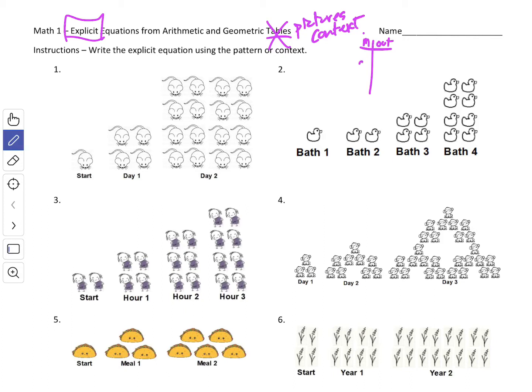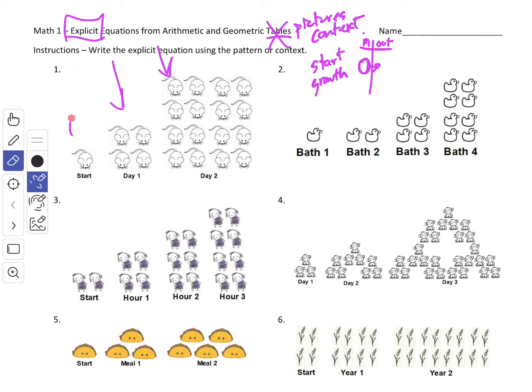If we haven't watched any of the other videos or if we're not sure what they are, explicit connects, thinking of a table, the input to the output. So using the number here, we can figure out this number based on what's happening here. Okay, so to do that, we need the start. We also need the growth, just like with recursive. The difference is that we only make one equation